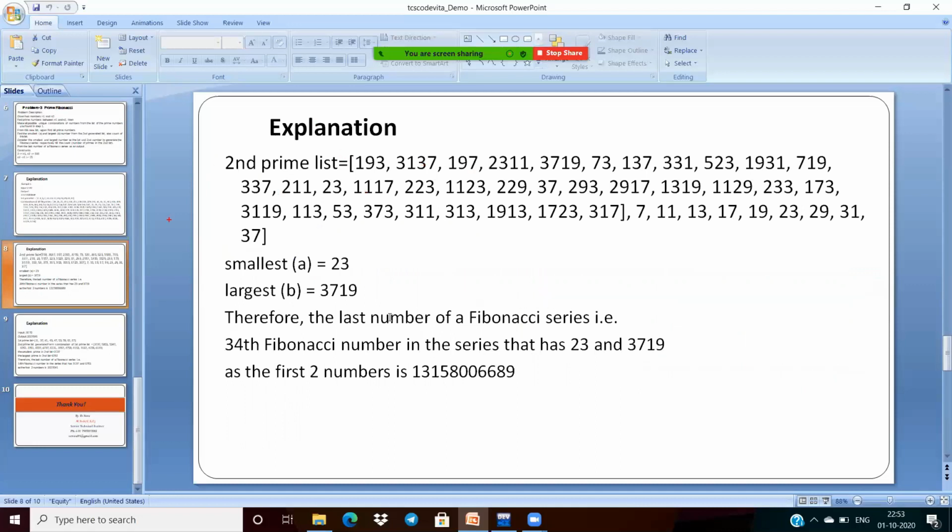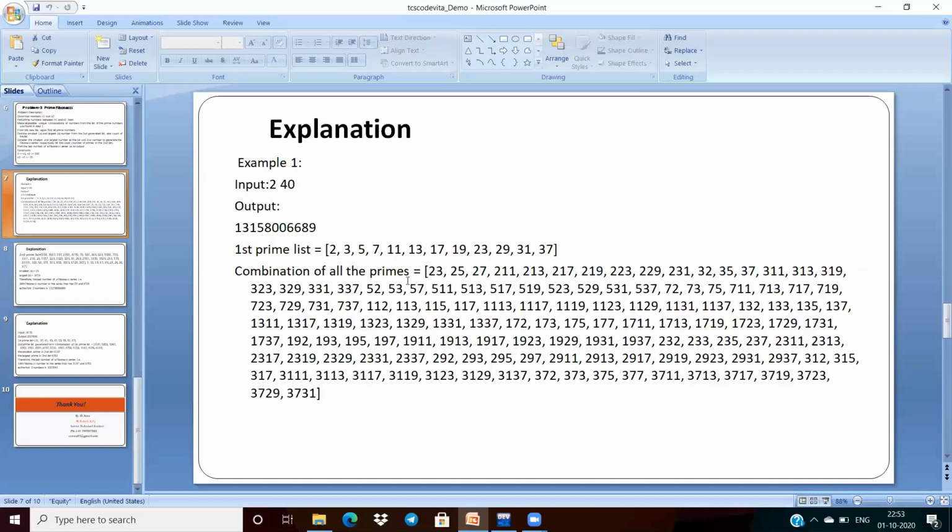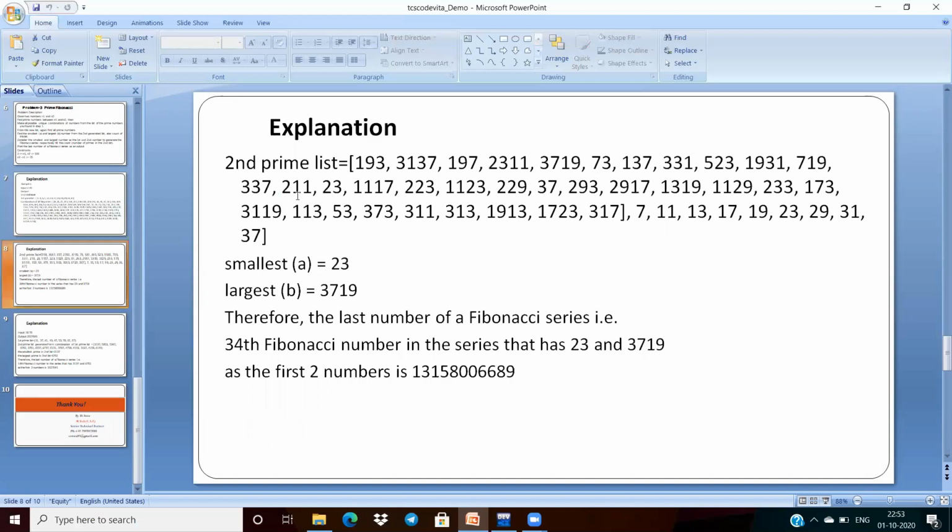After getting this, what we have to do is find out which is a prime number. In this list, all numbers are not prime. See 25, is it prime? Not. So again we have to do some implementations on the existing list and make it into a second prime list. It is completely non-duplicate, and each and every term in the list is a prime number. In this case, these are totally 34 prime numbers in the list.